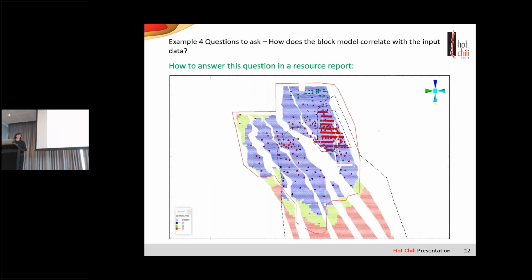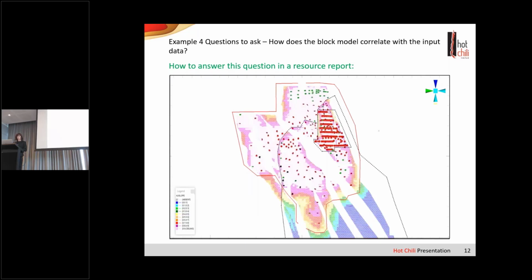You can also show the pass number, so you can see how much confidence we have in the continuity of the mineralization. Here's the slope of regression, which can be really helpful to show confidence in the model, that it's not conditionally biased, as well as correlation with the pass number. So you can see what we'll be searching to, and what percentage of the variogram ranges we'll be using.